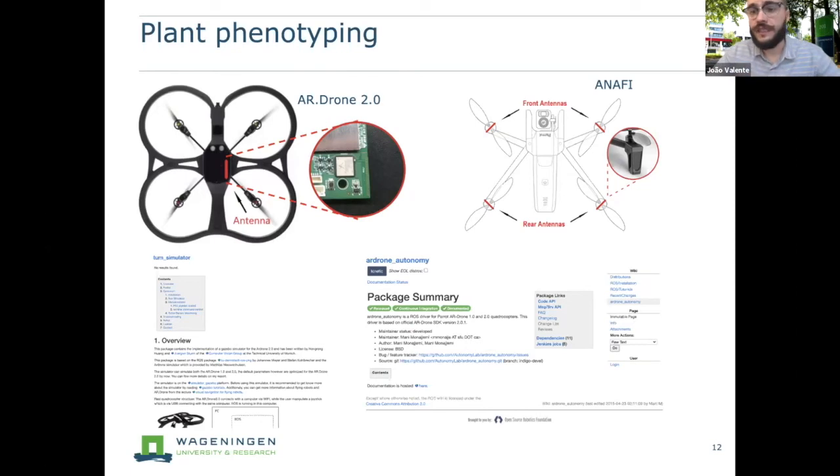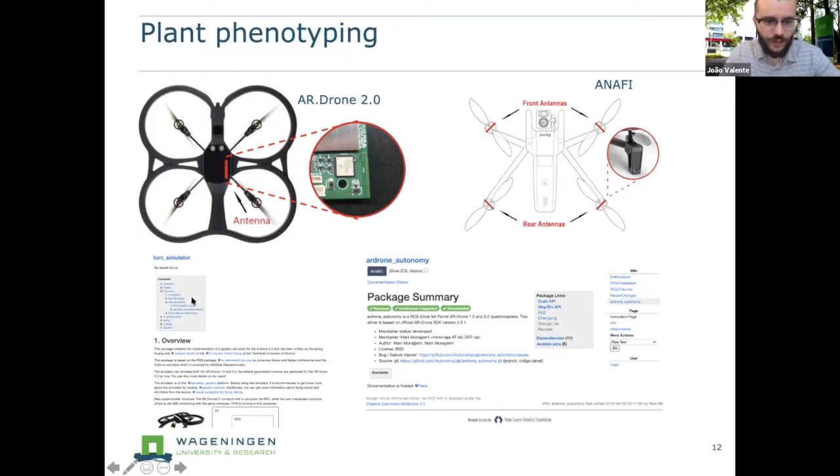Both platforms have a software development kit. The IR drone already has a very nice interface for the Robotic Operating System, as you can see from the previous presentations. There is support and integration in MATLAB, Simulink, Gazebo. So this is a well-known platform in the community. Anafi is a more recent platform. There is a software development kit, and it's possible to program it using Python, but the link with ROS is still not 100% clear and working. It's not direct, but there are workarounds.